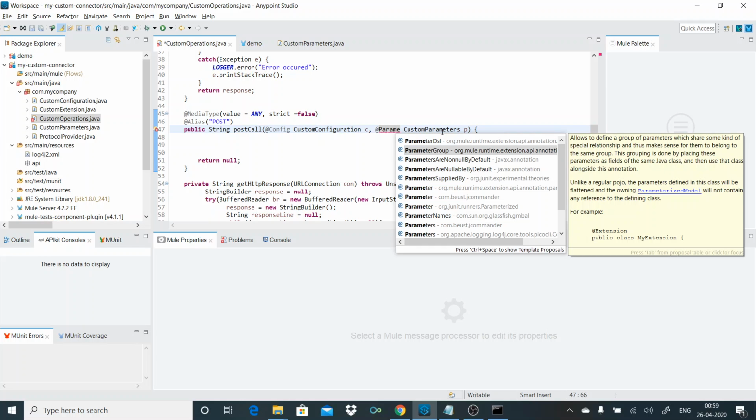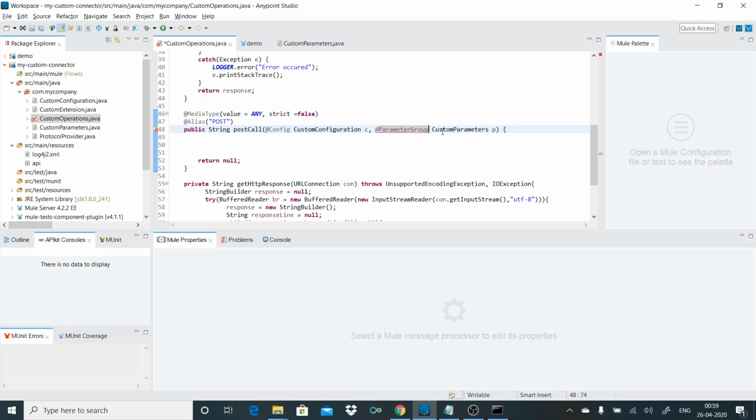What this does is it allows you to define a group of parameters which share a similar kind of relationship, and you can group them together. So we will annotate it as ParameterGroup,